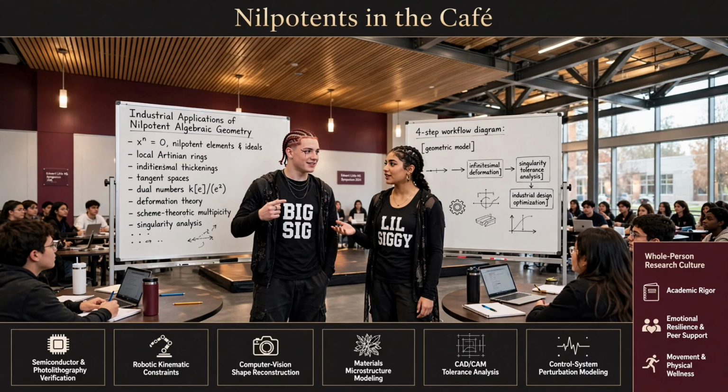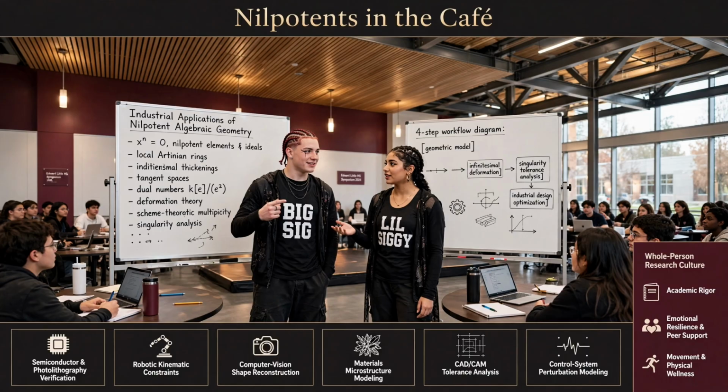Right. And the critical advantage here is the preservation of structure. When we translate the geometry into this nilpotent algebra, the geometric properties of the original space are flawlessly preserved, even under infinitesimal deformations. Okay, give me a tangible physical example of that. What kind of properties are we preserving? Let's say you are simulating a closed physical system on a Poisson manifold. That is a mathematical framework heavily used to model classical mechanics, like planetary orbits or fluid vortices. Okay, orbital mechanics. Right. It relies on a specific symplectic geometry. When you run a classical numerical simulation, all those rounding errors and the finite difference truncation we talked about slowly erode that geometry. The errors pile up.